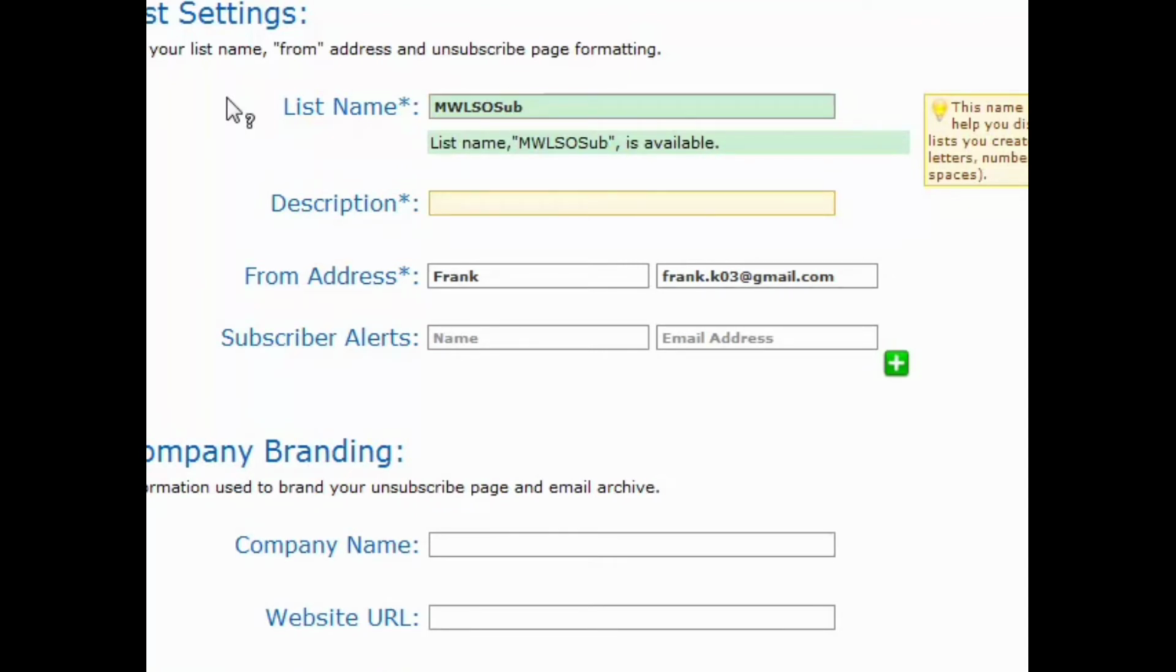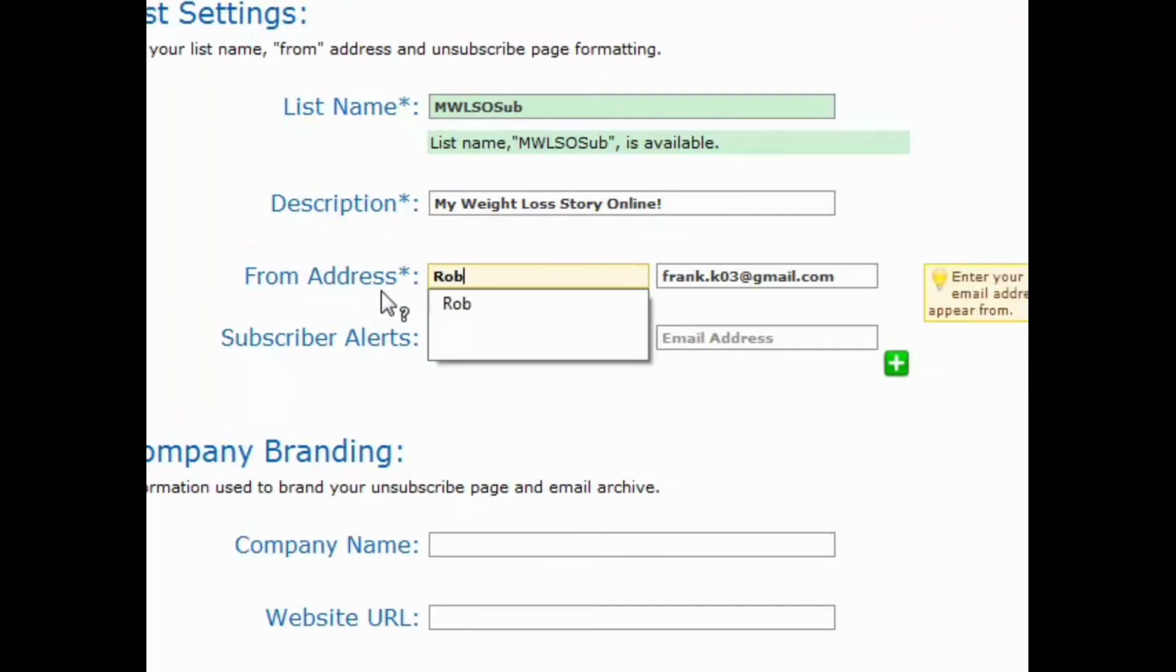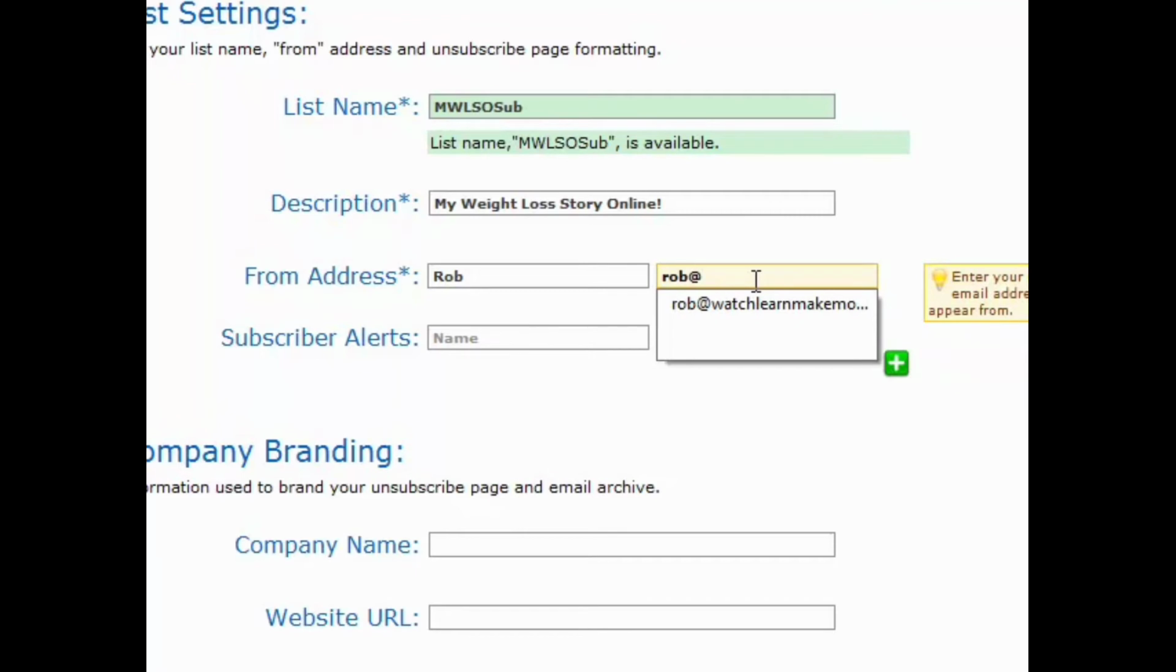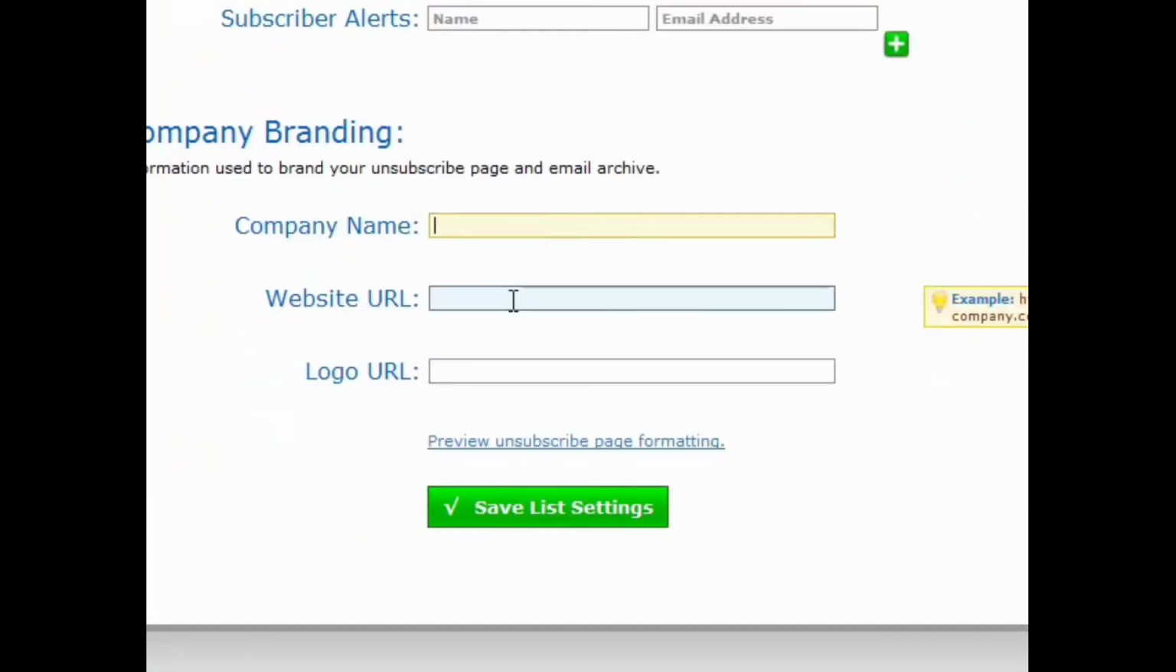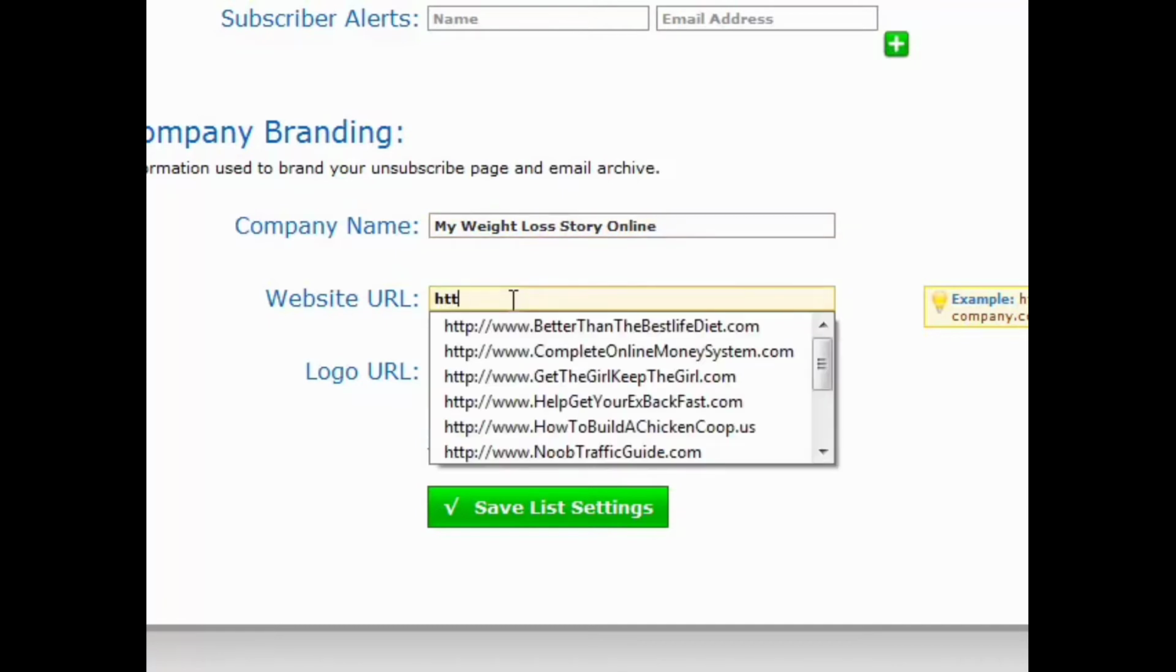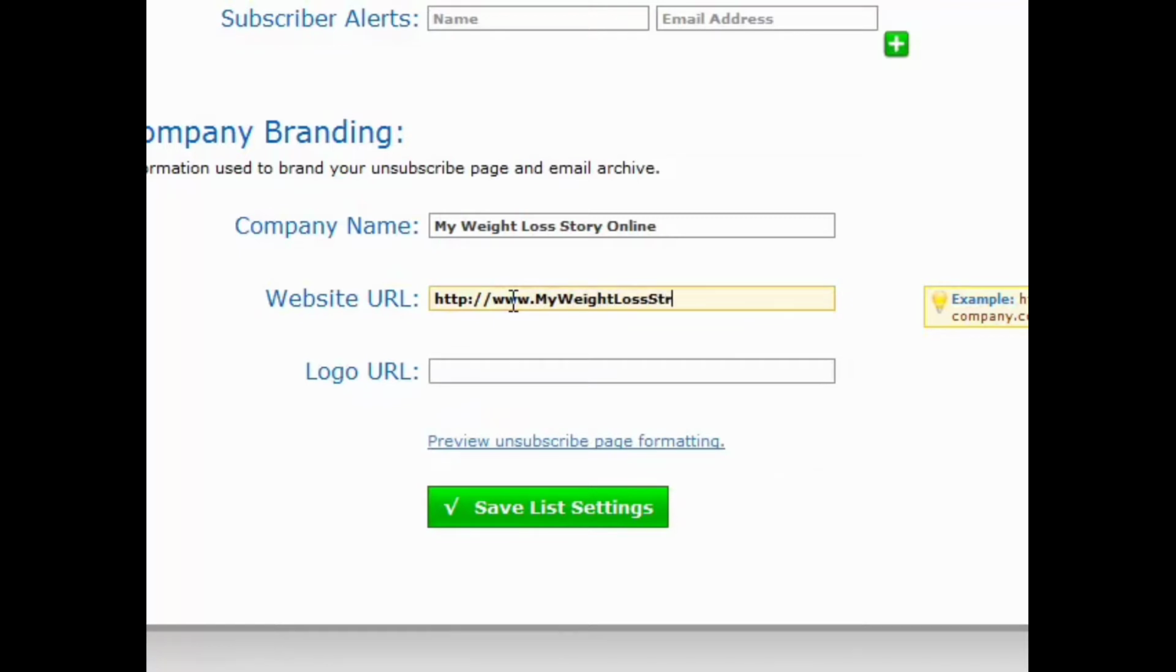So sub, that's kind of just how I'd like to name it. And I just call it my weight loss story online, and then your from address, and then you can use, for example, Rob at my weight loss story online.com. Okay. Company name, you could just do the same thing, my weight loss story online. Website URL, my weight loss story